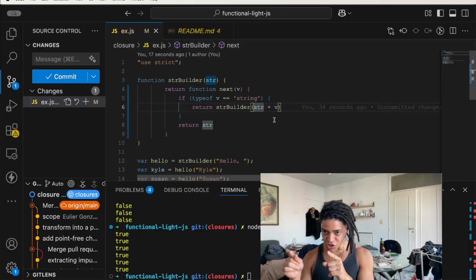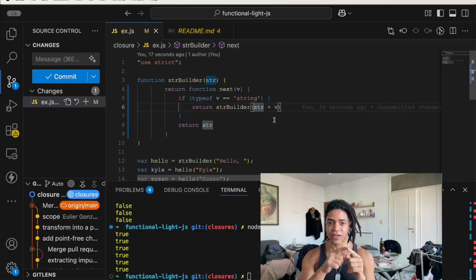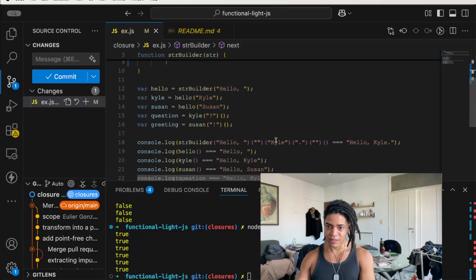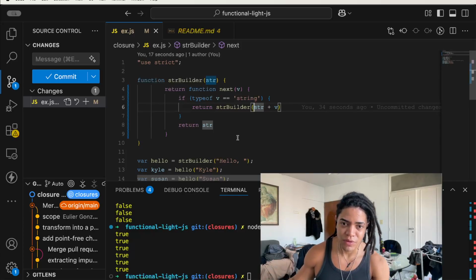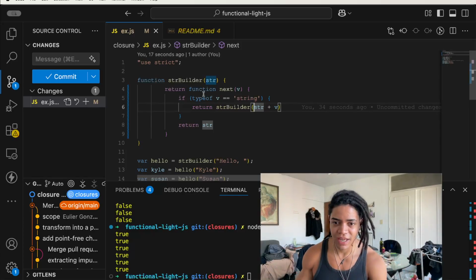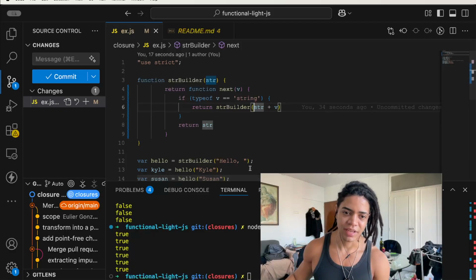And you're going to continue to do that, so on and so forth, until it finds that the parameter you pass is an empty string, or you don't pass any argument there. And when you do that, now I'm going to give you the string that I have from all of these concatenations. Oh my god, that's pretty